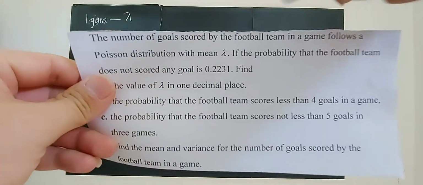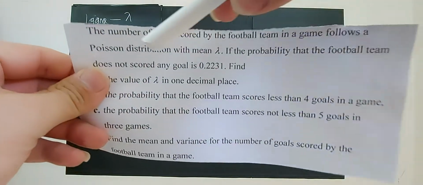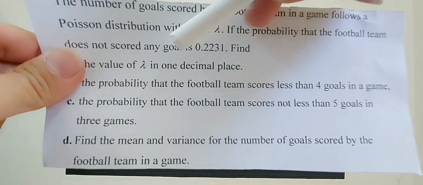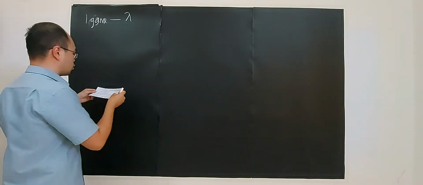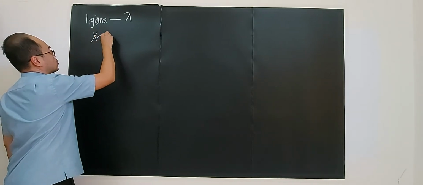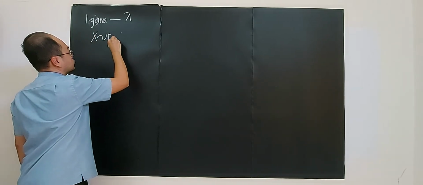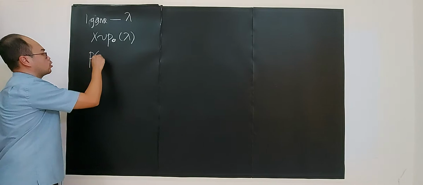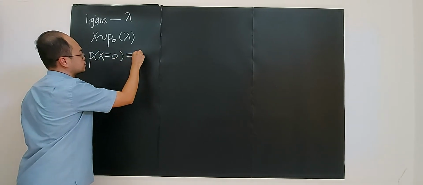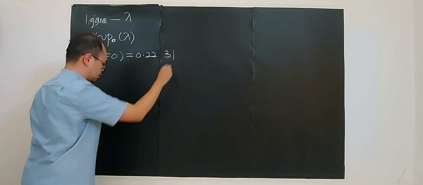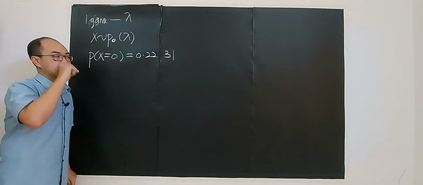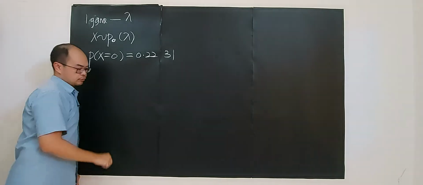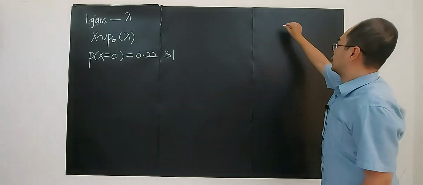The question is giving that the probability that the football team does not score any goal is 0.2231. The Poisson with mean lambda for one game is lambda, so the probability of not scoring any goal is 0.2231, given by the question. Find the value of lambda to one decimal place. So definitely we have to use the formula,